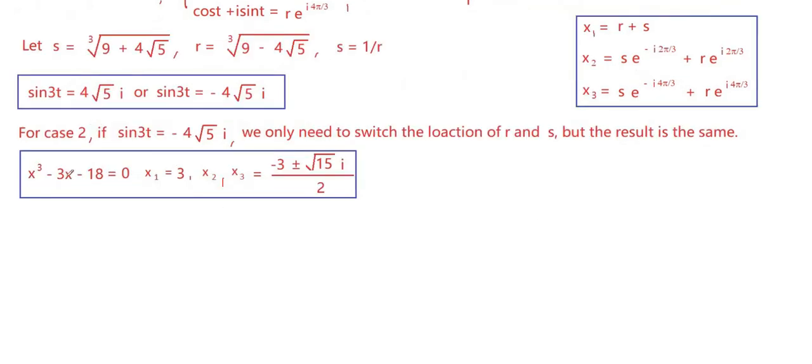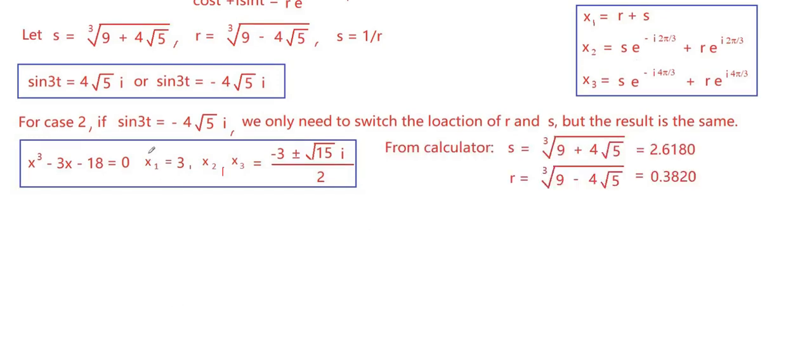People may think, hold on, in the beginning we used the normal method and got the 3 results, and it looks like not the same as this one. How can it happen? Let us verify the first one. For this method, x1 equal to 3, and for this method, x1 equal to r plus s. But r is 0.4, s is 2.6, so the sum is exactly 3, so the result is the same. It is consistent. For the other 2 roots, we can verify they are the same as well.